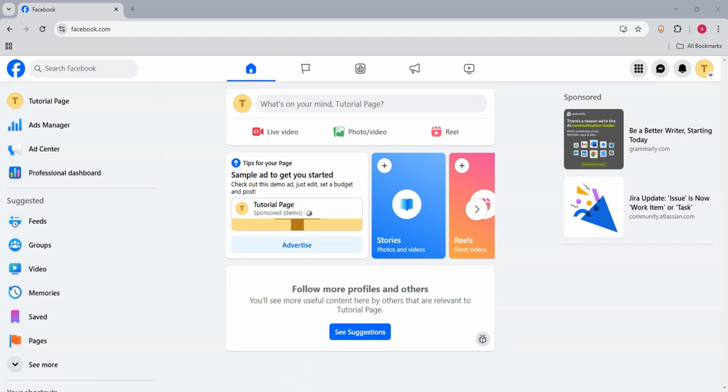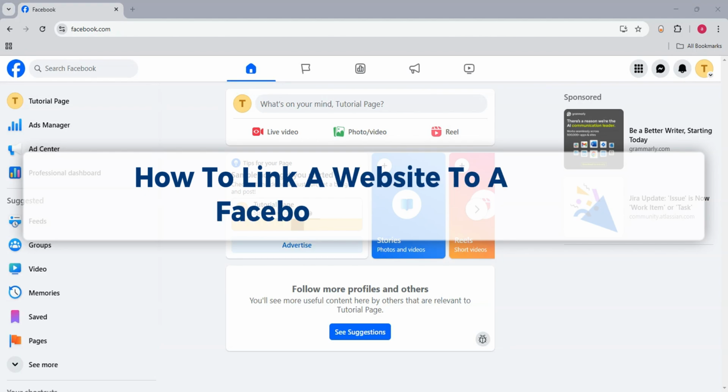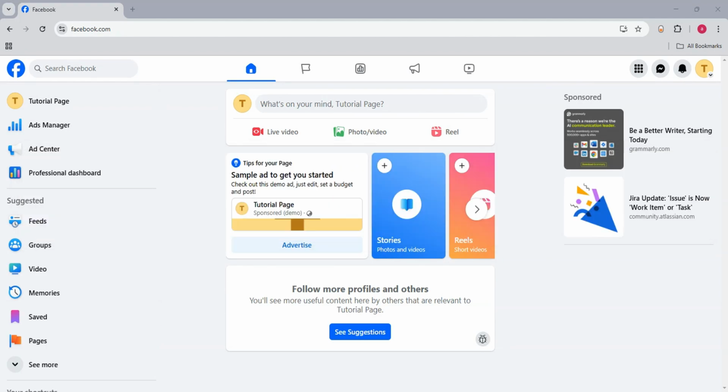In today's video, we're going to show you how to add a website link to your Facebook page using the new Facebook page experience. This method is different from the classic Facebook page setup, so follow along to get it done quickly. For us to be able to begin, you need to make sure first that you're on to